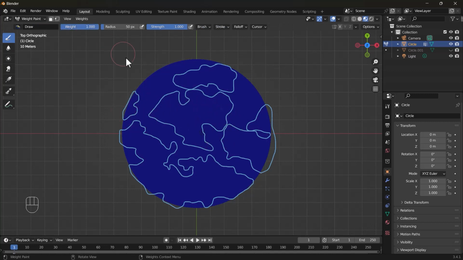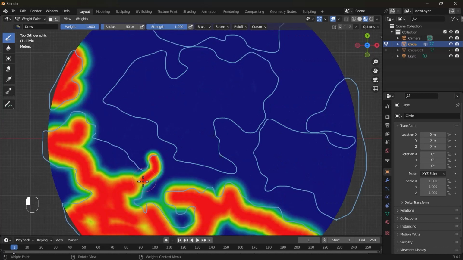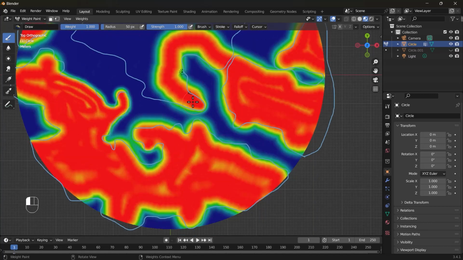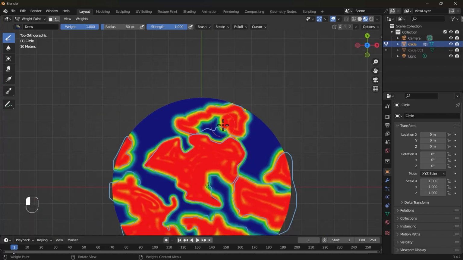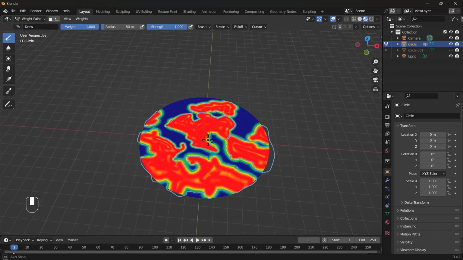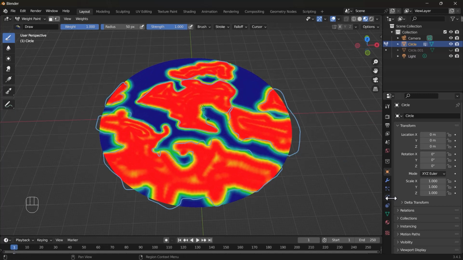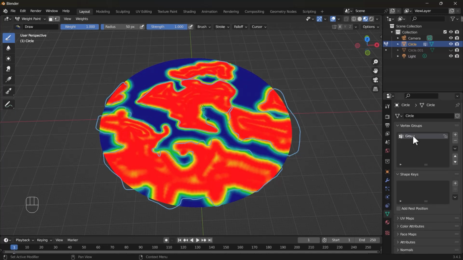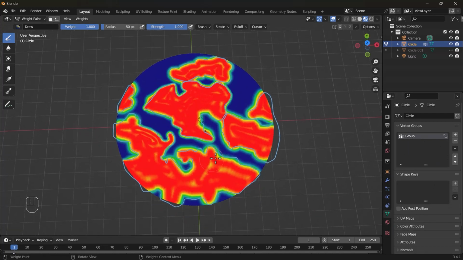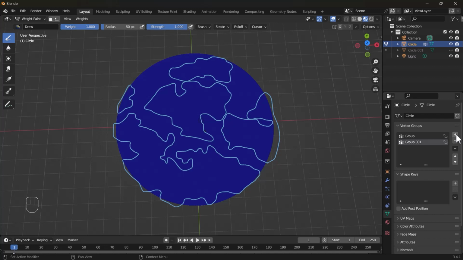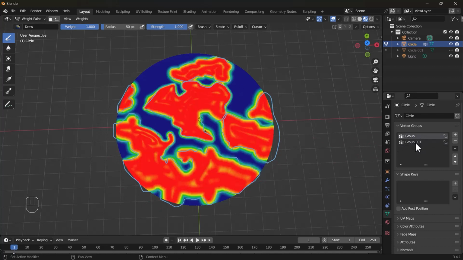Set the density to max and start painting in the closed loops with the red. And again, you don't have to be so precise. Okay, so now what we call this is a vertex group. Just on the right side, you can see a green triangle that says Object Data Properties. In this tab, you can see there's vertex groups at the top, and there's a group named Vertex Group. It's the one you just painted. When you click this plus icon next to it, you see your object has lost all the paint that you did on it because it's just another vertex group.